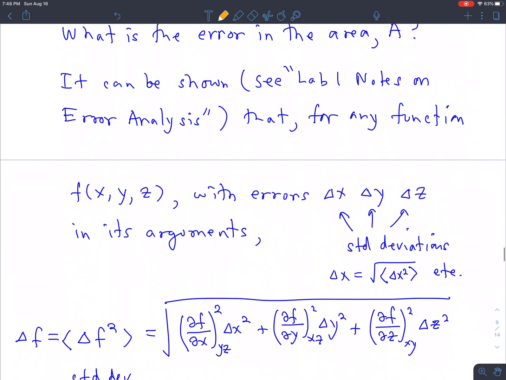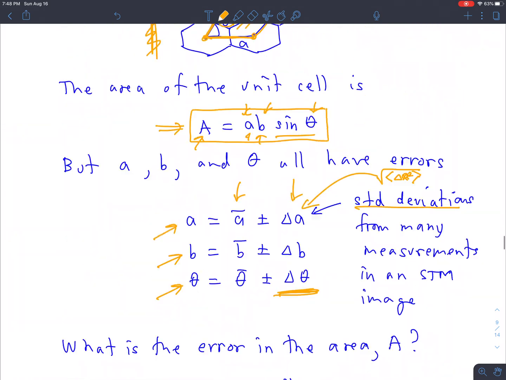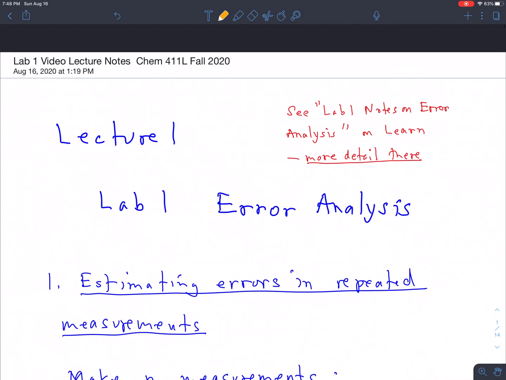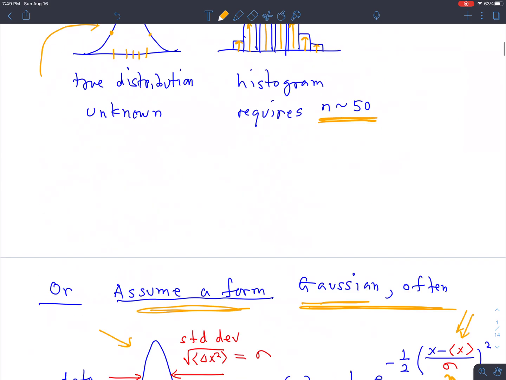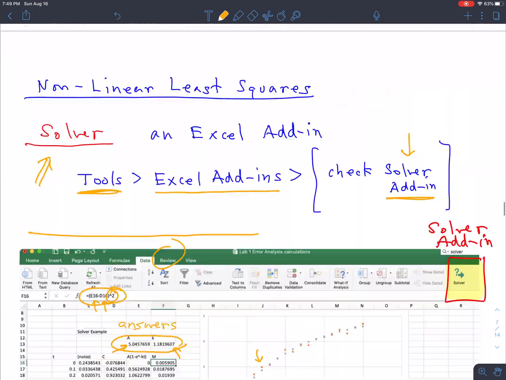Well, it turns out you can show, if you look back at the notes, I didn't say anything about that up at the top here, but let me say something, that there's a more complete set of notes that has details that I'm leaving out in this talk, called Lab 1 Notes on Error Analysis. I encourage people to go look at those notes if you have any questions especially, but also because there's more information than in this talk. So going back down,